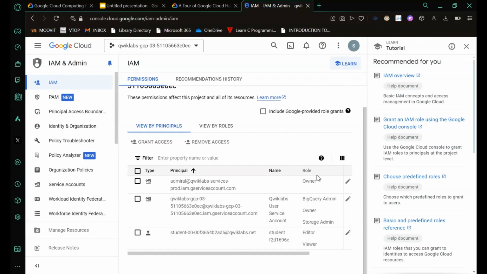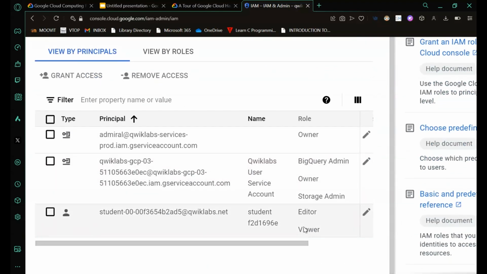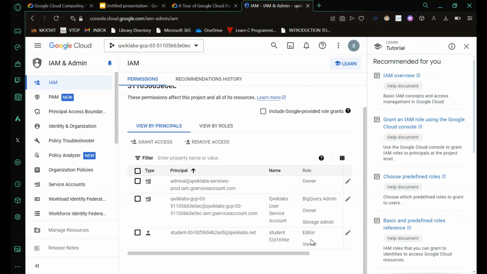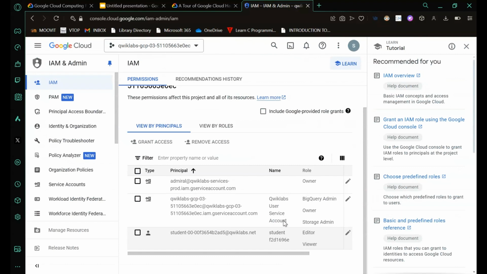So basically, there are a lot of projects in the organization. As I told you, owner has access to each and every member in each and every project in this organization. They can remove, modify, or delete anyone or any project in this organization. Editor gives you access to the current project, and as you can see, we have the role of viewer over here. So we can't do a lot here, but as we move on to different labs, we'll get bigger roles so that we'll be able to work with different kinds of services.